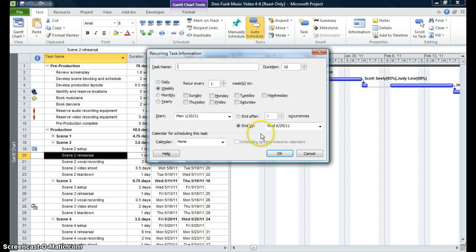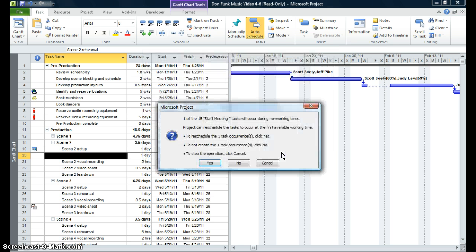For this particular task, we're going to name it staff meeting. And this staff meeting duration is 1 hour. It's every week, so make sure that is checked, and it's on a Monday. It will end after, let's say, 15 weeks. So it'll go for 15 weeks, and I'm going to click the start date. Start date, we're going to say is the 17th, because I know in this project the 17th is a holiday. So I'm going to click OK, and we're going to get